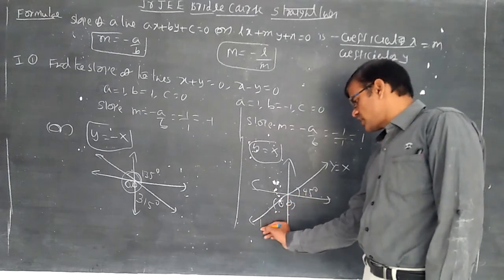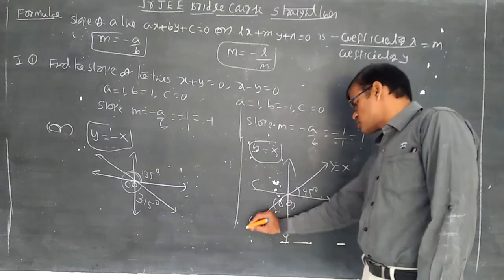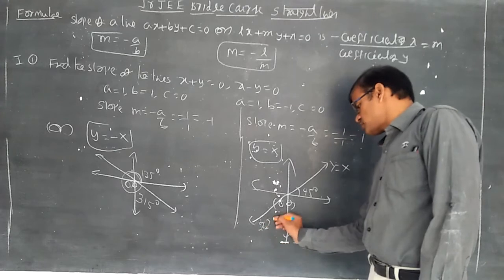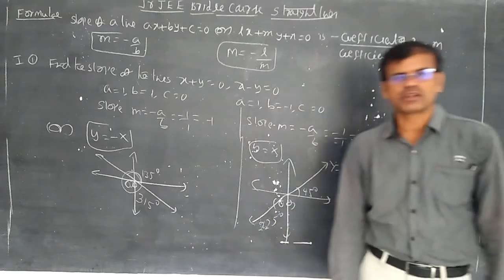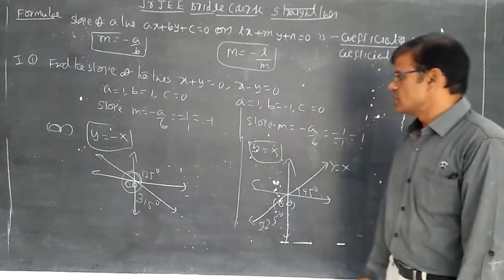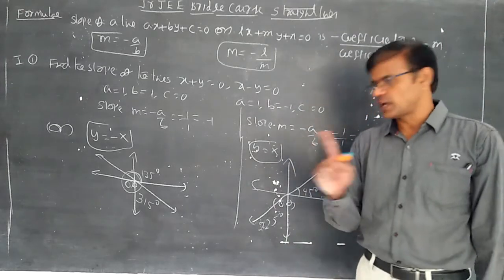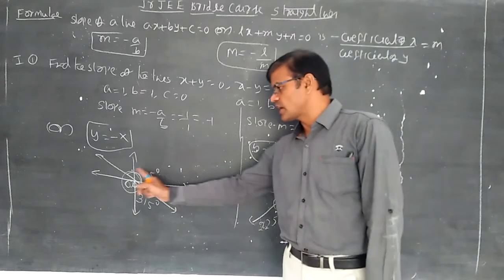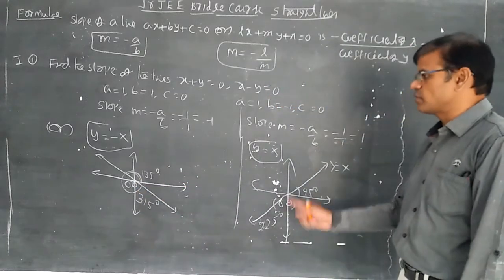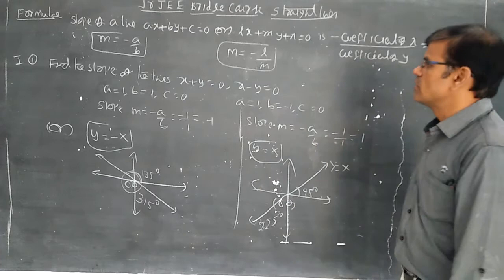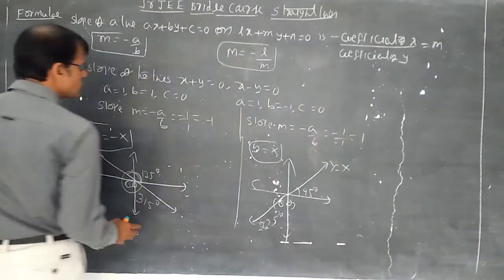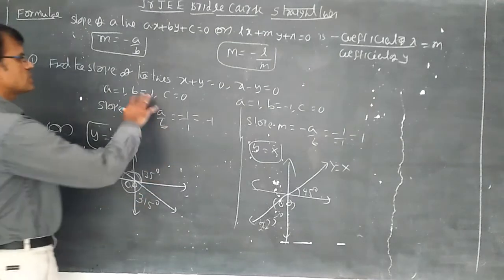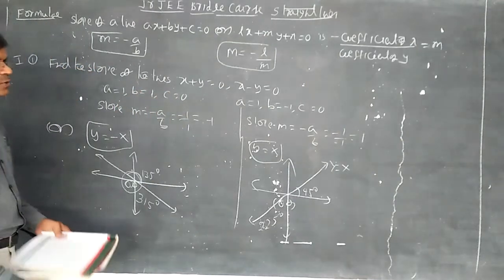If on this side you calculate the angle, it becomes 225. The concept is 180 plus 45. According to our trigonometry, obviously we take the concept. Tan 45 value is 1, tan 135 value is minus 1, tan 225 value is 1, and tan 315 value is minus 1. So plus or minus 1 will be oscillating. Like that, using tan theta, you can compute the slope. Otherwise, using the formula also, you can find the slope.